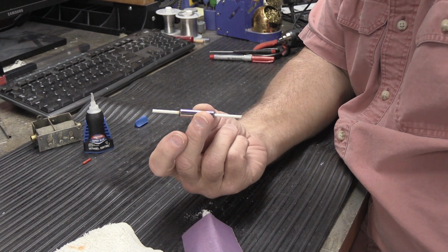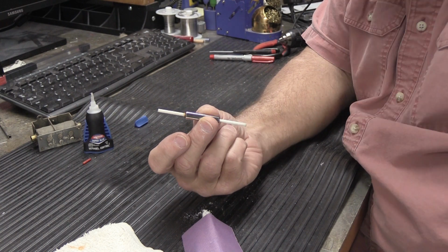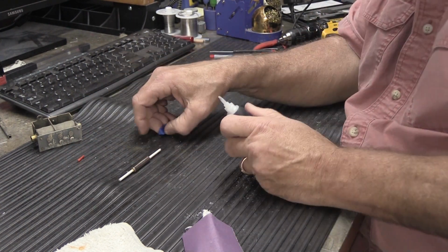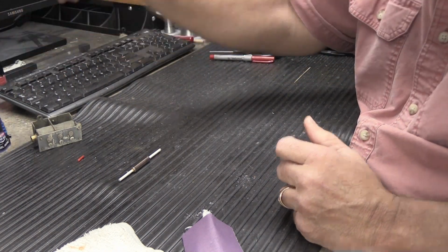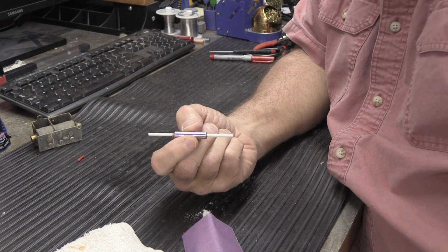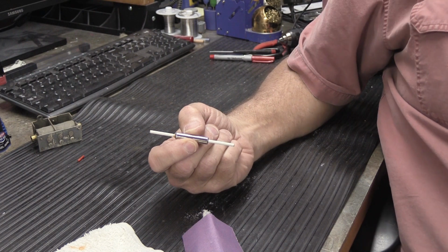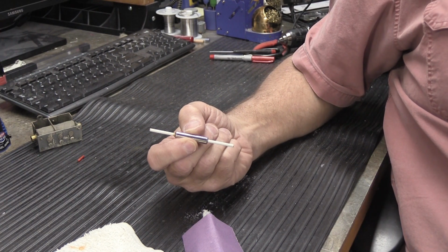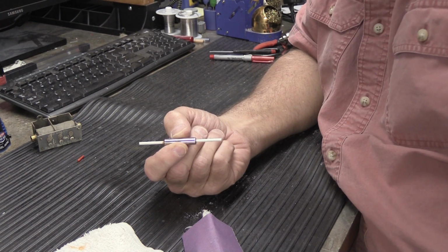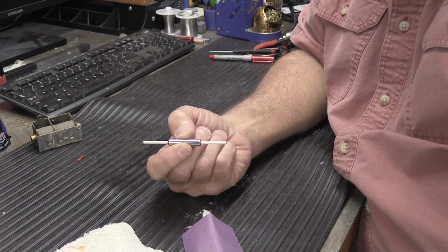All right, so now we've sanded down our tips and we gel super glued them into the plungers. What do you think we're going to do next? We're going to wait because we need the gel super glue to dry. How long are we going to wait? That's really easy. We're going to wait 1 entire day. For those of you who are unclear on 1 entire day, that would be a full 24 hours. So right now it is 1:40 on Thursday afternoon, and we're not going to come back to this until tomorrow at 1:40 in the afternoon,